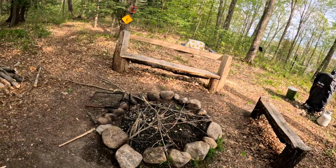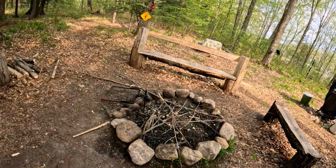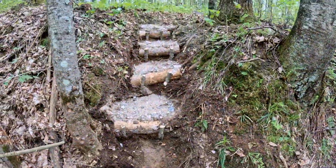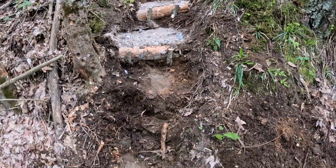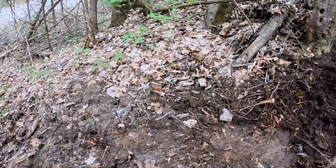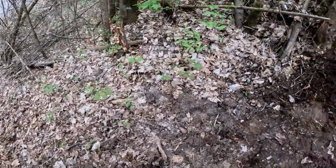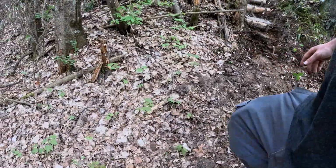So I'm still working on the step down there, and I'll show you when I get that couple of steps done. I have completed 4 steps. The 5th one would go there, 6th one would go here, and then I've got to find out, I mean, we've got a pretty good slope there, so I might cut levels out at this point, pull those leaves back,